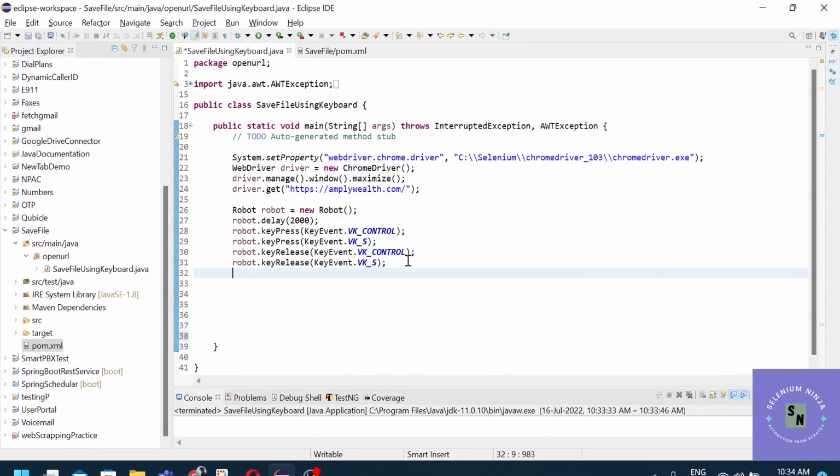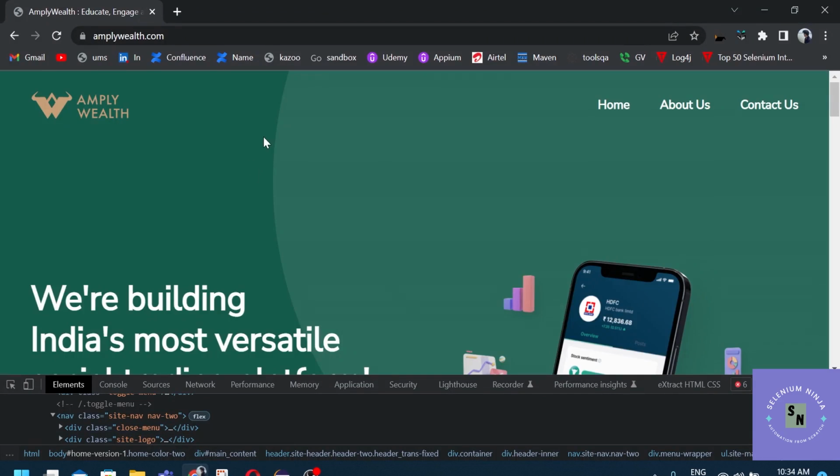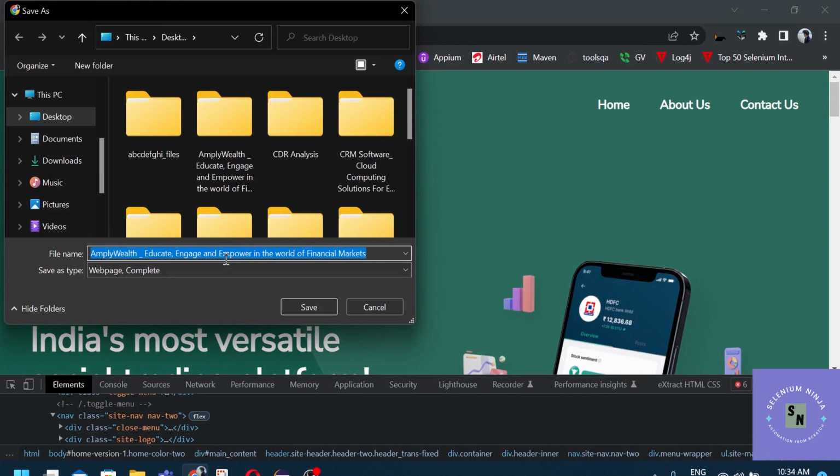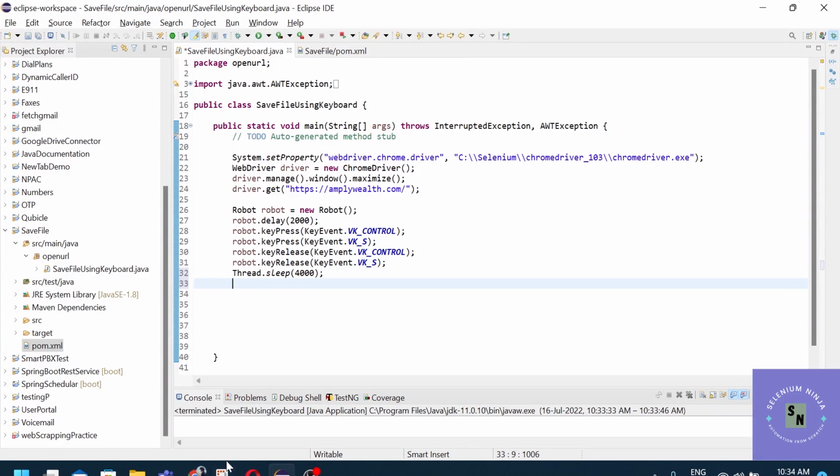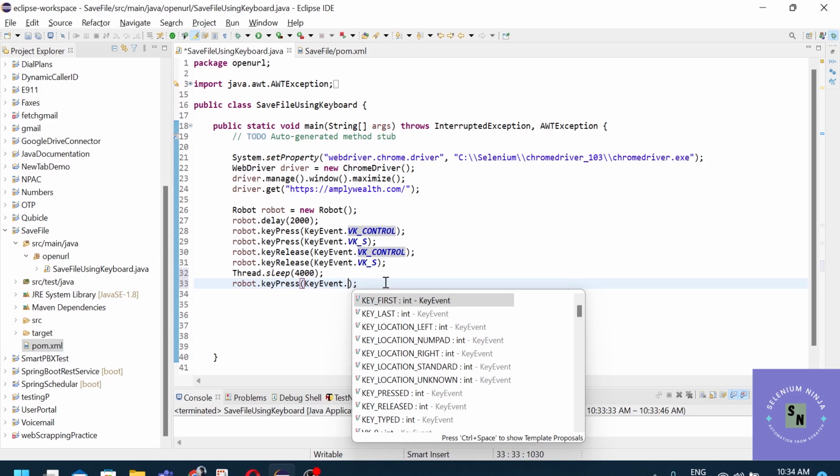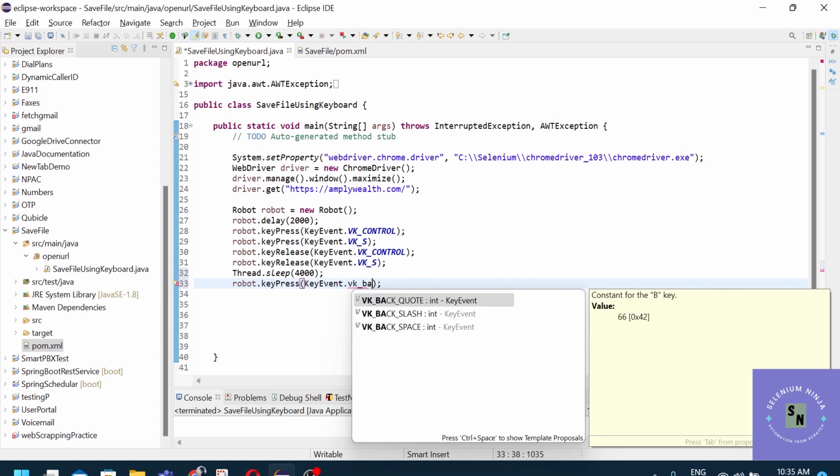Here let us add a timer. Why? Because it takes some time to show the pop-up, right? Let's add 4 seconds. Now again, what we need to press, we are in the pop-up. If we press the backspace, the file name field is empty. The same thing we have to implement here. Robot.keypress. Here only we have to change it to vk backspace. It's very simple,